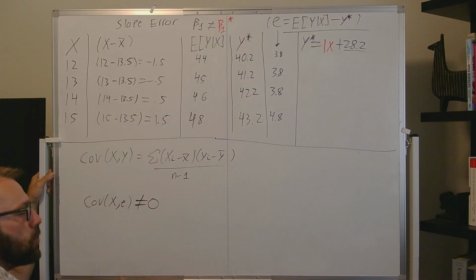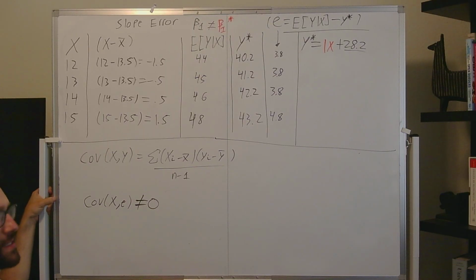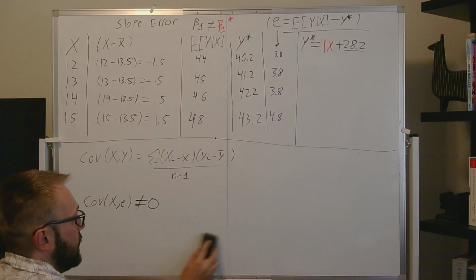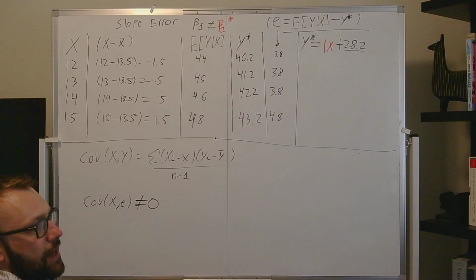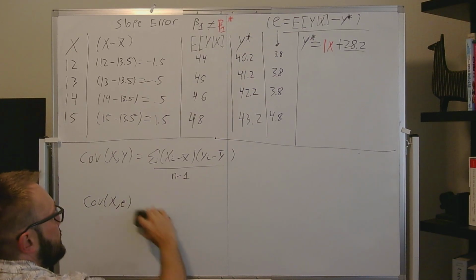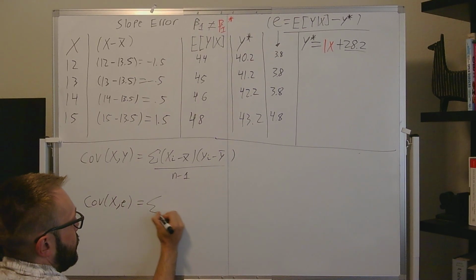If it does not equal 0, that's definitely telling us we have a problem with our slope. That is to say that there is some sort of slope error. We have some sort of discrepancy with our slope. It's off of where it should be. So the numerical value of it either needs to be higher or lower. That being said, the formula that we're going to use for this,